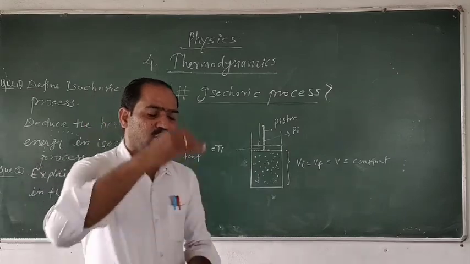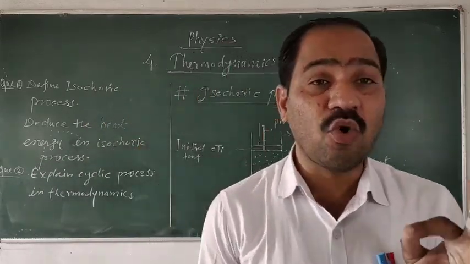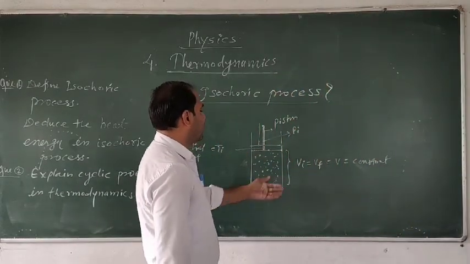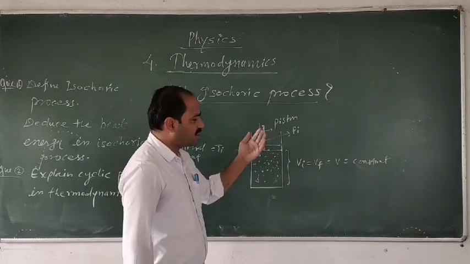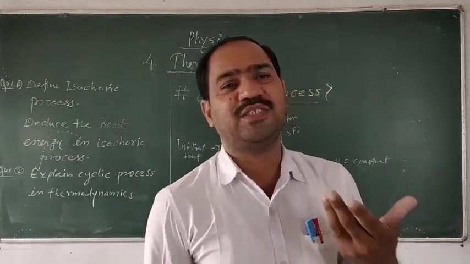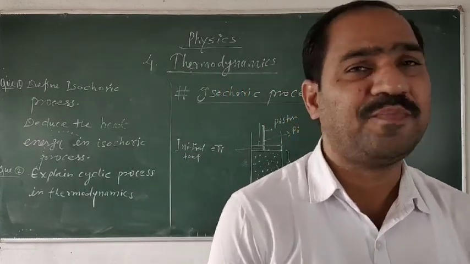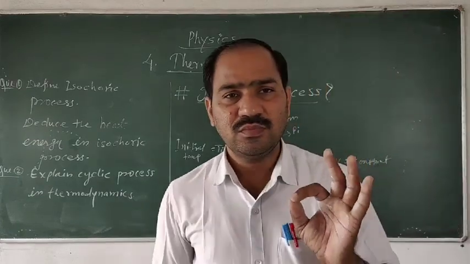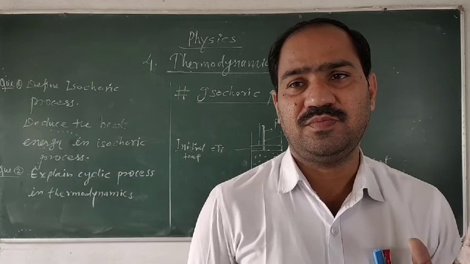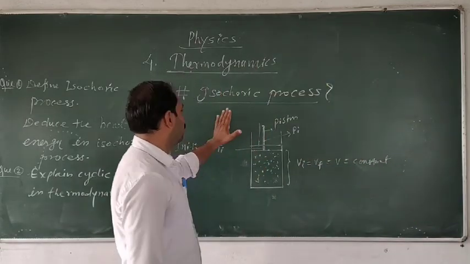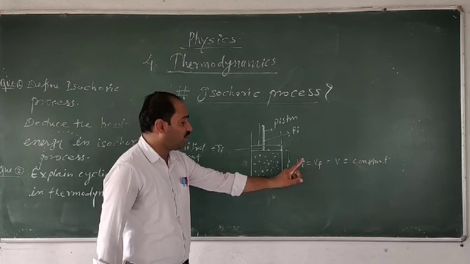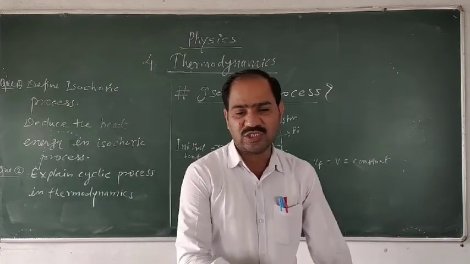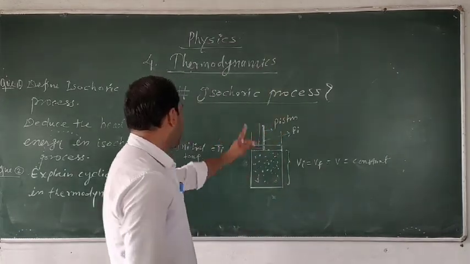As there is no change in the volume of the gas, the system does no work on the surrounding. जब एक पिस्टन ऊपर या नीचे नहीं जाएगा, वॉल्यूम कांस्टेंट रहेगा। जैसे कि मैंने प्रेशर बढ़ाया है, पहले कोई 5 पास्कल प्रेशर था, बाद में मैंने 6 पास्कल प्रेशर किया, 10 पास्कल प्रेशर किया, तो भी वॉल्यूम में कुछ भी चेंज नहीं आ रहा। The volume is at a constant value, then this process is called the isochoric process. Here the value of the volume is constant, no change in the volume takes place. Therefore this type of process is called the isochoric process.